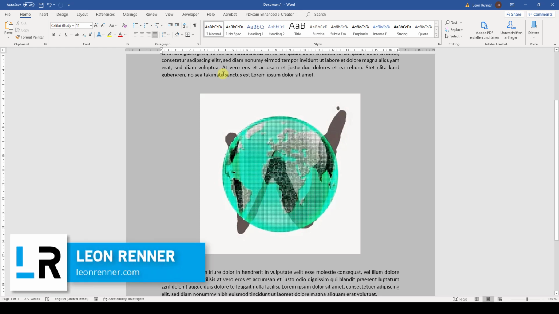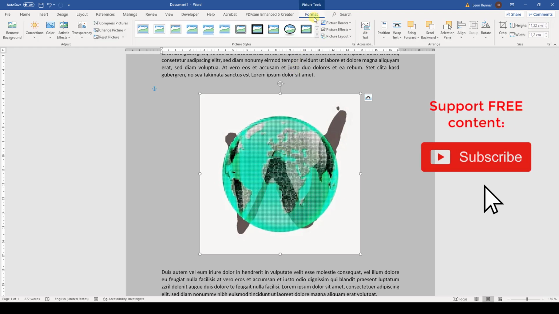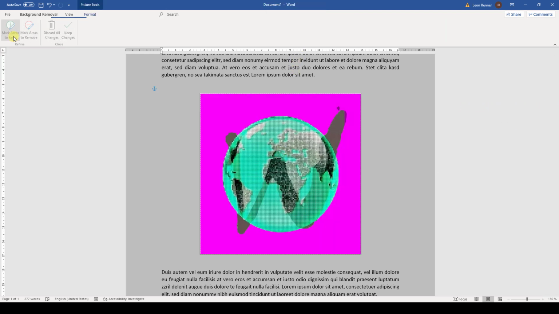How to remove the background of a picture in Microsoft Word. To remove the background, we click on the picture, go to the Format tab, then on Remove Background, and now